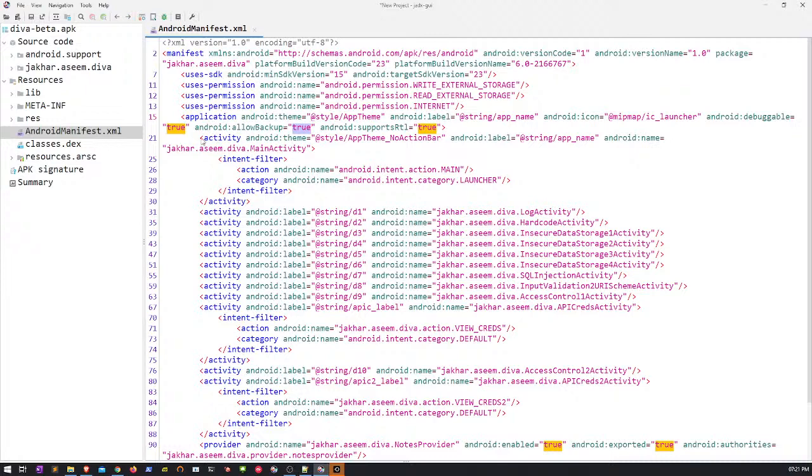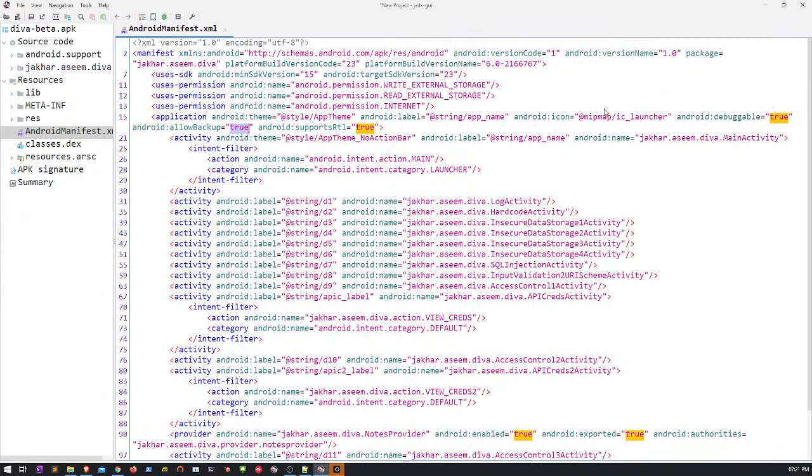So this comes under the misconfiguration. Then there is also a debuggable flag which is set to true. This means that anyone will be able to debug the application at runtime. This is another misconfiguration. When we are analyzing the manifest file, we need to check for the permissions that